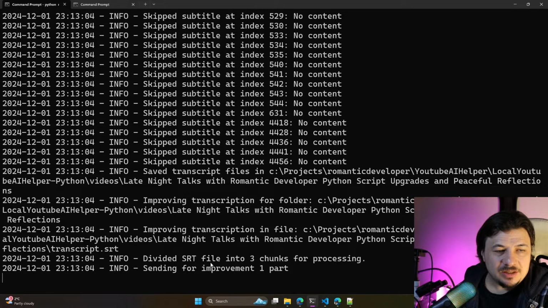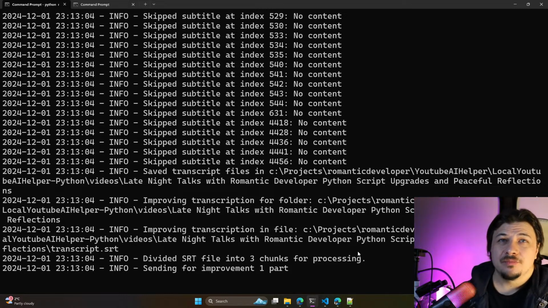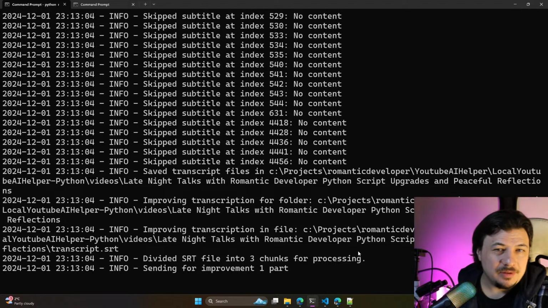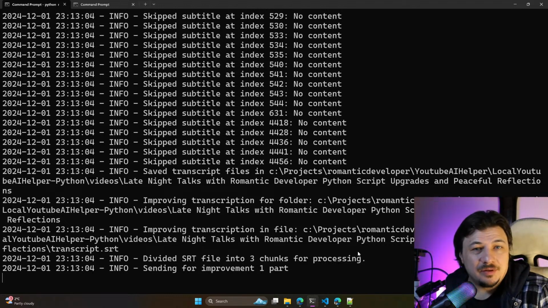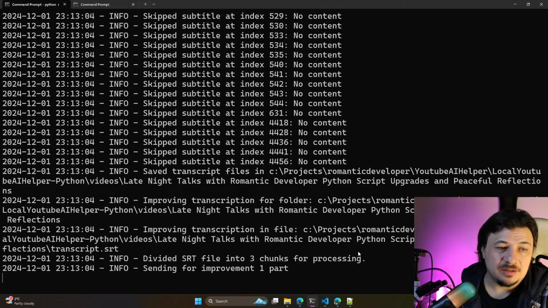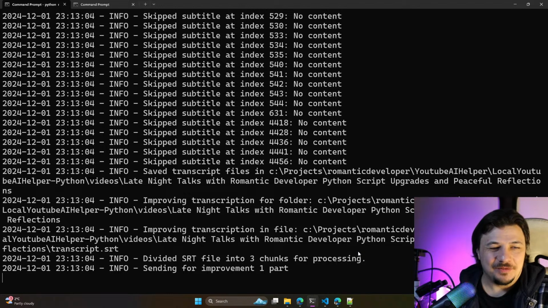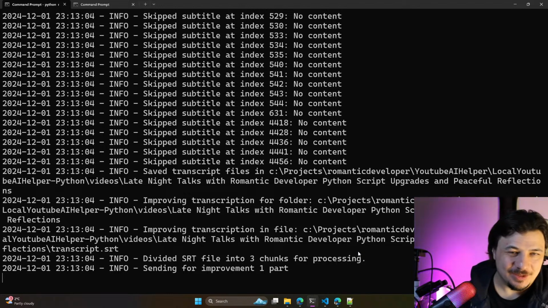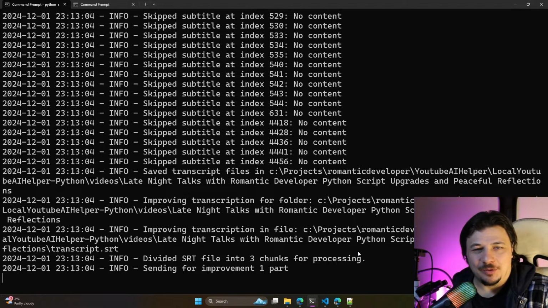Then we divide it into 3 chunks. It means that we have more than 700 sections in subtitles; if we have more than 1050, we would have 4 chunks.